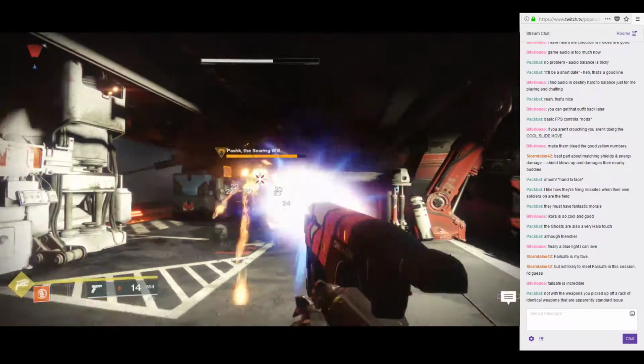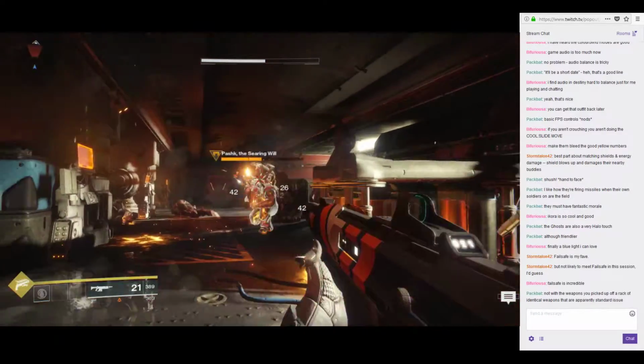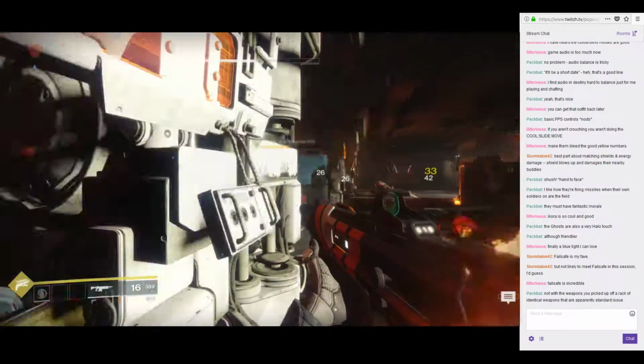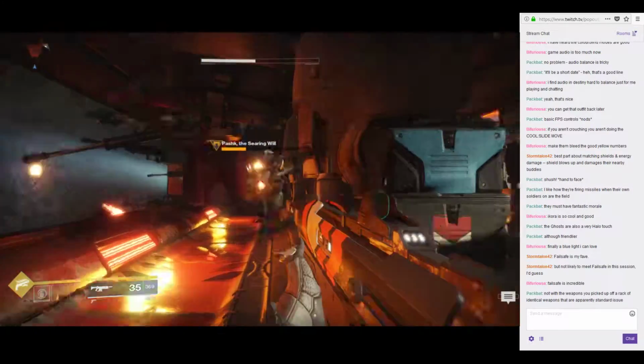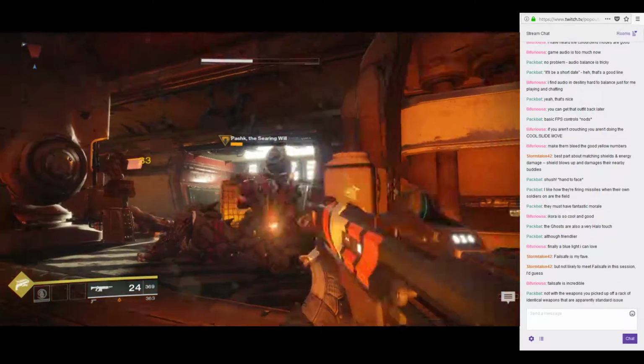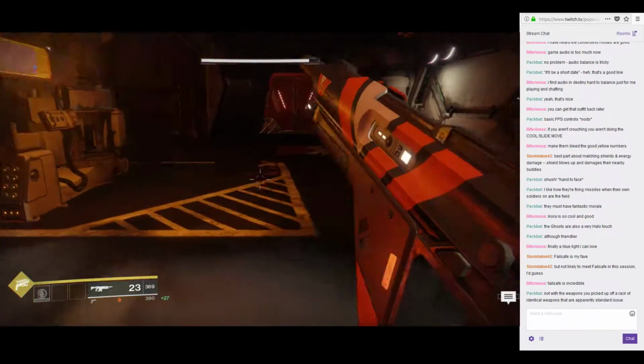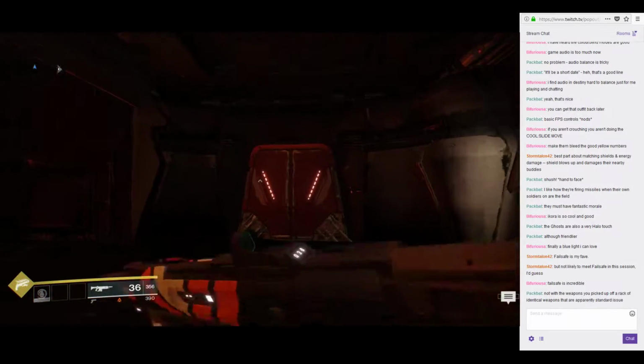Okay, he had a void shield, so my energy weapon wasn't going to do extra damage. However, stabbing him will. I still haven't got any power weapons, so...